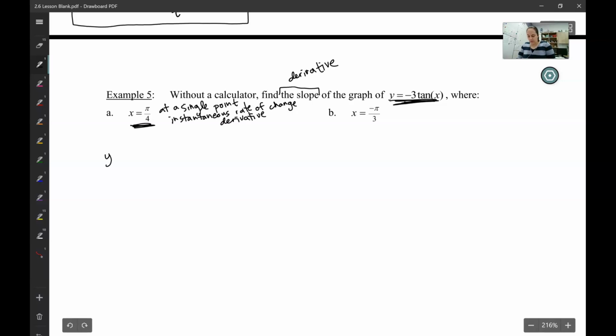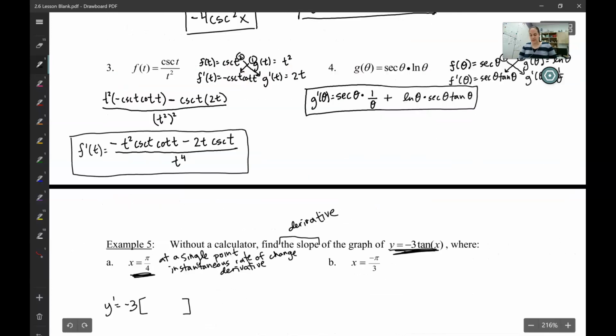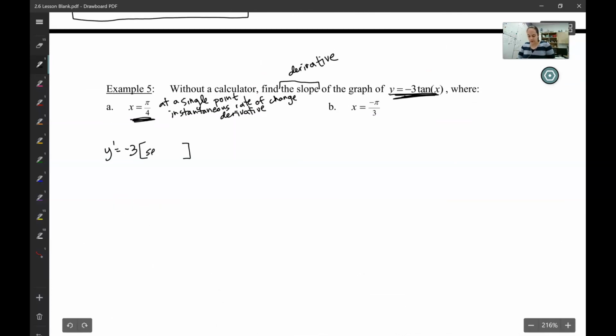So I'm going to find the derivative first. So the -3 stays outside. And then I take the derivative of tangent, which should be, if you need to go back and check, secant squared. So y prime is going to be -3 secant squared of x. Now I want to find y prime of pi fourths. So this means -3, and I'm going to write it the different way, secant of pi fourths